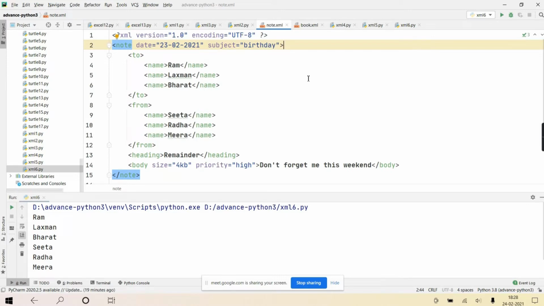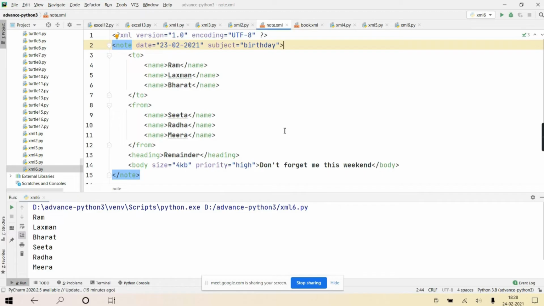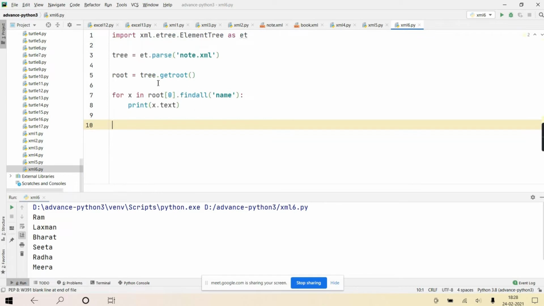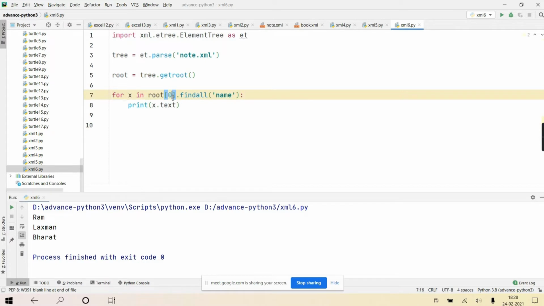Hope you're understanding. So in this context, will it return only 3 names? Now instead of root[0], if I write root[1], will it return the other 3 names?